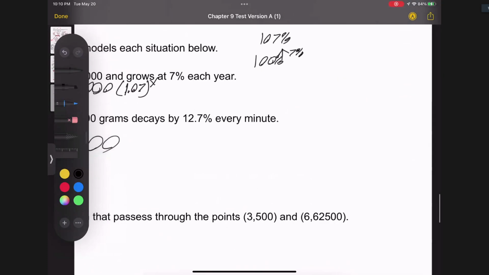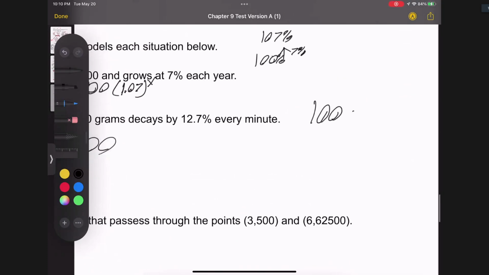So that's going to be from 100%, and you are going down 12.7%. If you were to do 100% minus 12.7%, your answer is going to be